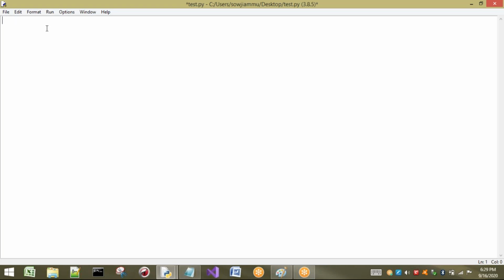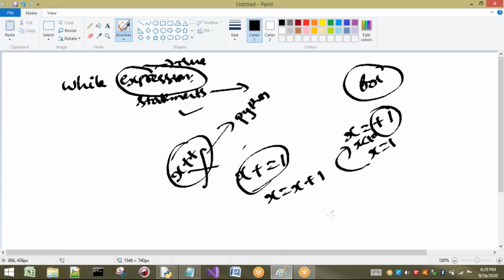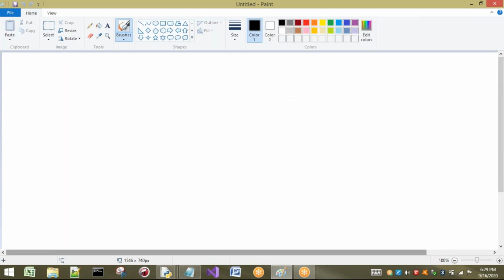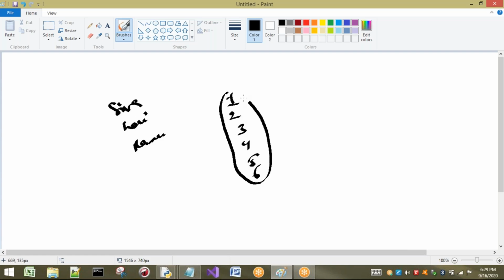Okay, first I will take one small example before going to username and password. I want to write an examination. In my center, in my room, only 6 students are there. Their names are, for example, Shiva, Hari, Ramu, or I will take roll numbers 1, 2, 3, 4, 5, 6. So how many members can enter into my room? Only these 6 roll numbers can enter. So I have to check before they enter this room, the exam hall.